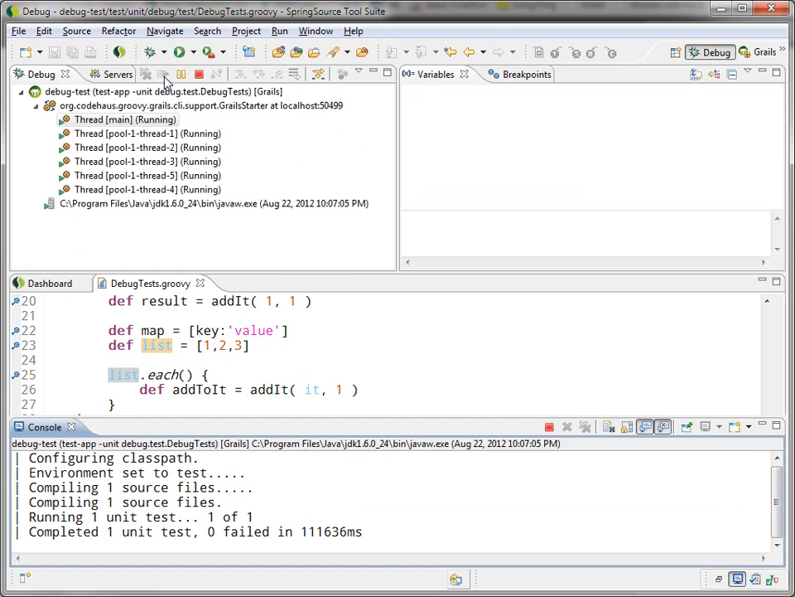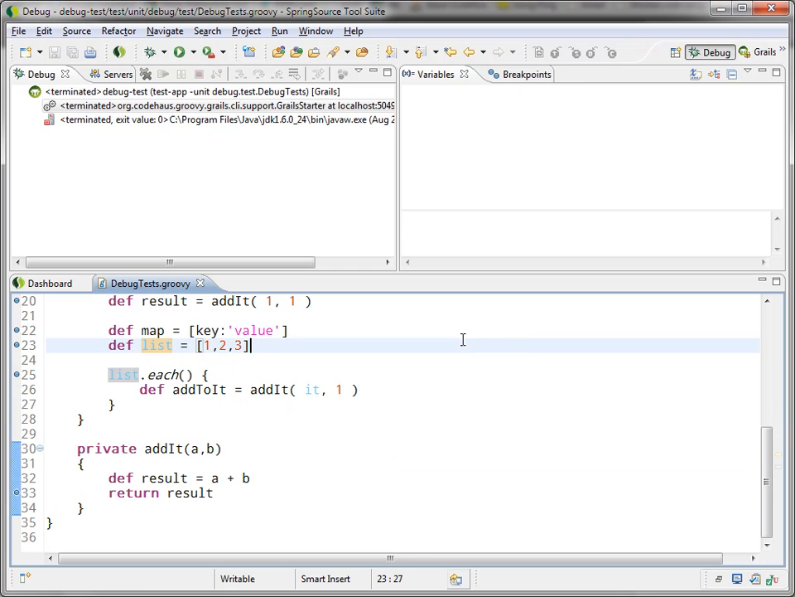So that's a quick overview of how to step debug within SpringSource Tool Suite. It's pretty similar within IntelliJ. Same concept of just double-clicking in the gutter and